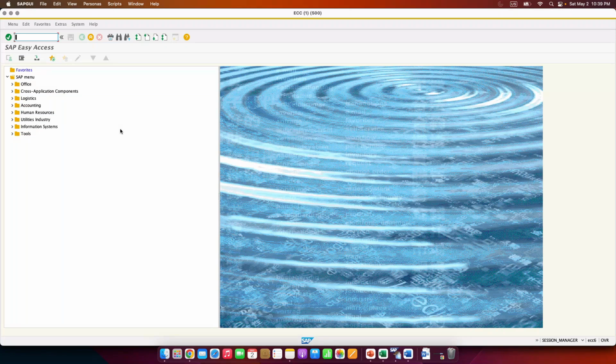From here, they can do whatever activities they are doing. If you look at the screen, point number one: each screen in SAP is called a transaction. Remember that. Each screen is called a transaction. And every screen will have